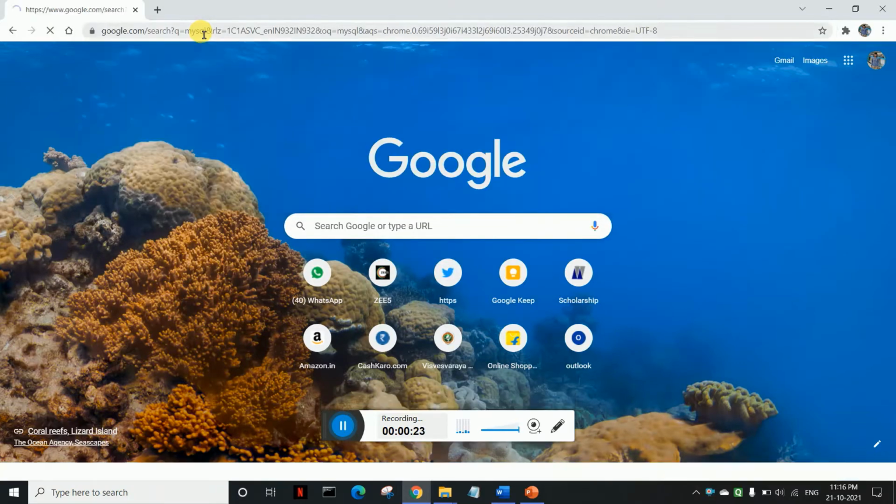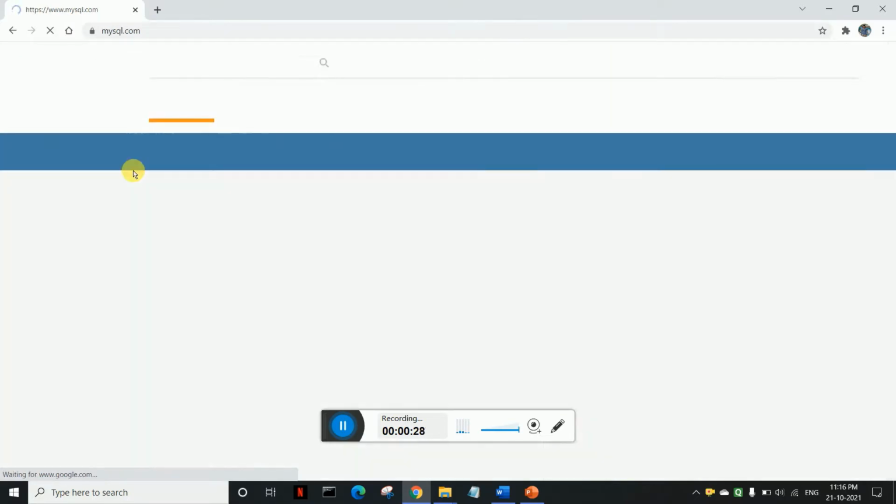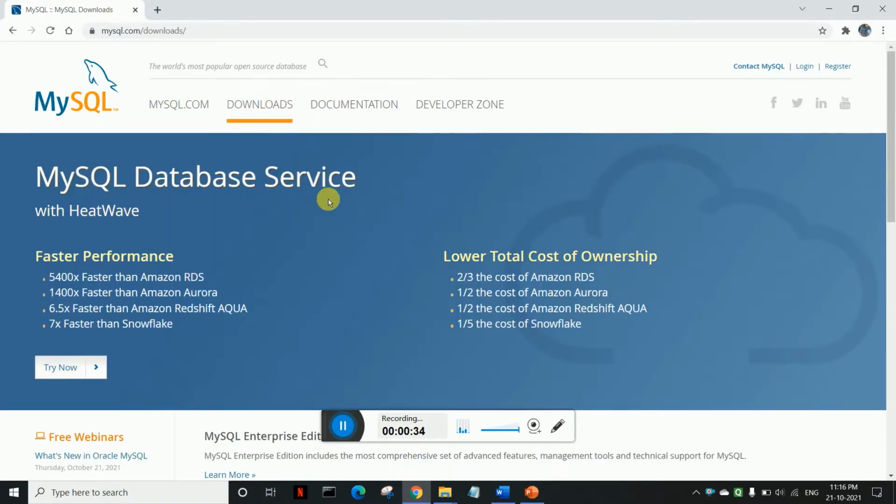MySQL and hit enter. And at the top you can see the link mysql.com. Click this link and it will open a new page. And in the menu bar you can see one option called downloads. Click this downloads option and a new page will be shown. Scroll down,